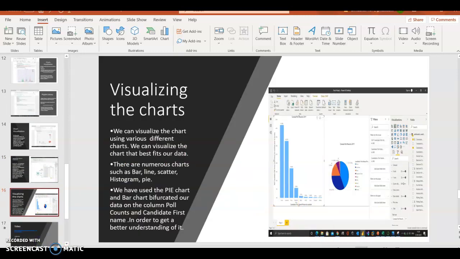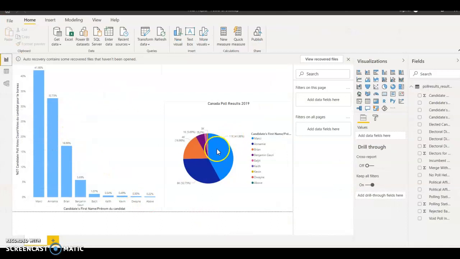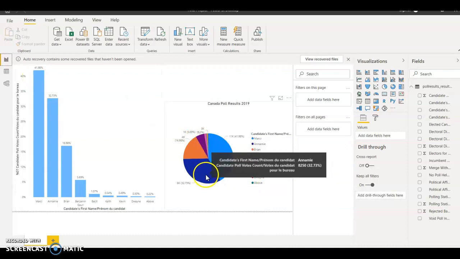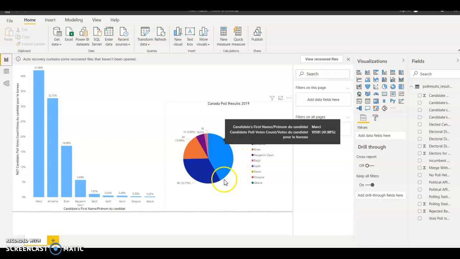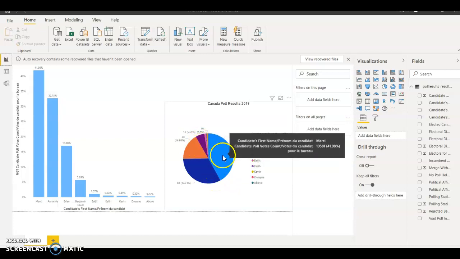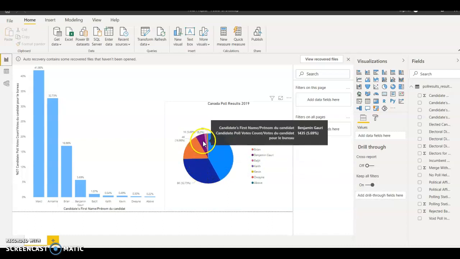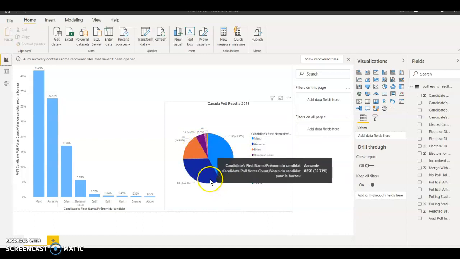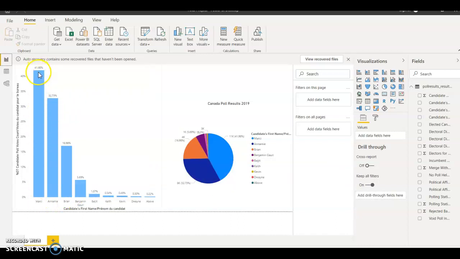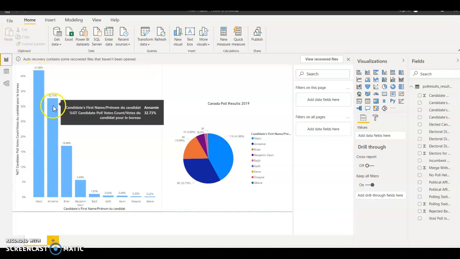And over here we have used two charts, that is the pie chart and the bar chart. So as we can see, Marcy is in blue over here in the pie chart, and NM is in dark blue. So they cover much more area of the pie as compared to the others. So it clearly depicts that Marcy has been winning as compared to the other electoral candidates in this particular Toronto ward. And over here, as we can see, she contributes around 41.96% as compared to the others.